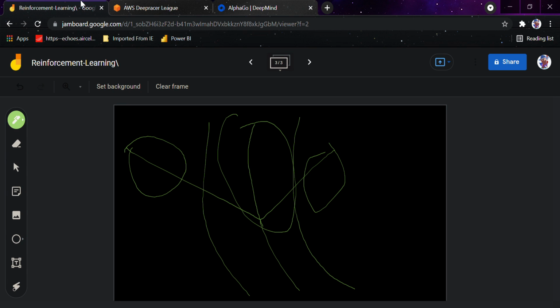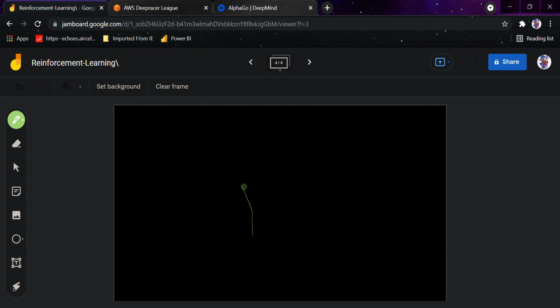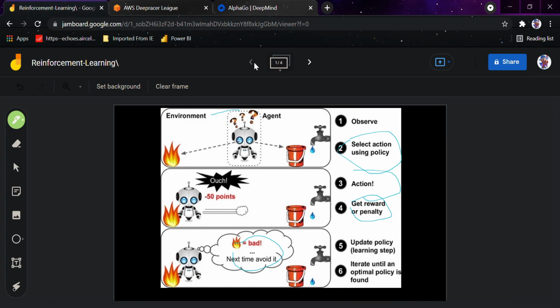Many robots implement reinforcement learning algorithms to learn how to walk. Suppose a robot is walking this way and this way, just similar to what I told you about AWS DeepRacer and AlphaGo. You are making the model learn by analyzing millions of games, and by seeing the winning policy and losing policy.